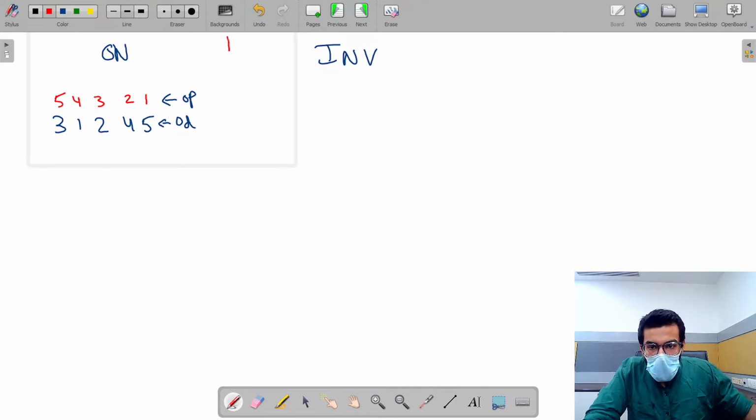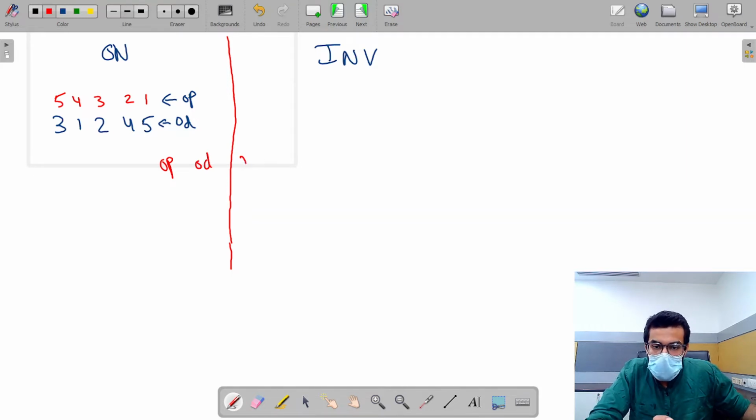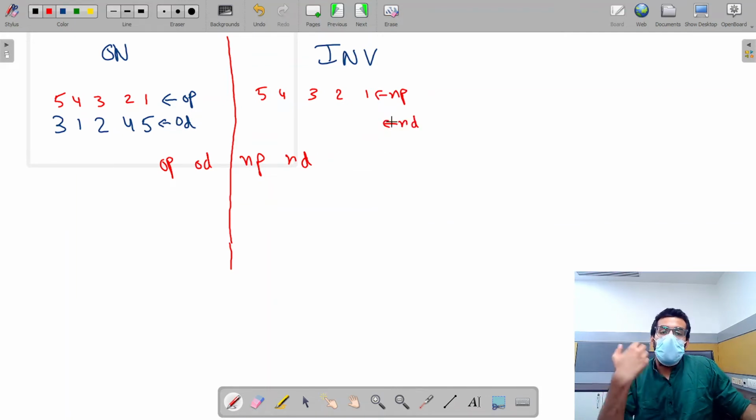Now if I want to calculate the inverse of this number, I am starting from the original position and the original digit. Since we have to interchange the position and the digits, this is the new position and this is the new digit. Since the positions will be only 1, 2, 3, 4, 5, I've already written them over here, and the new digit is what we have to find.